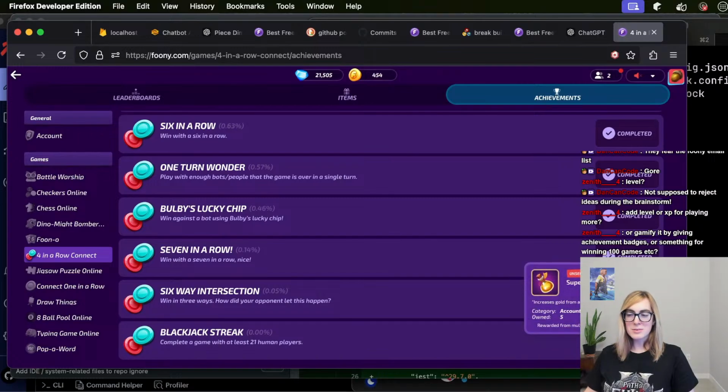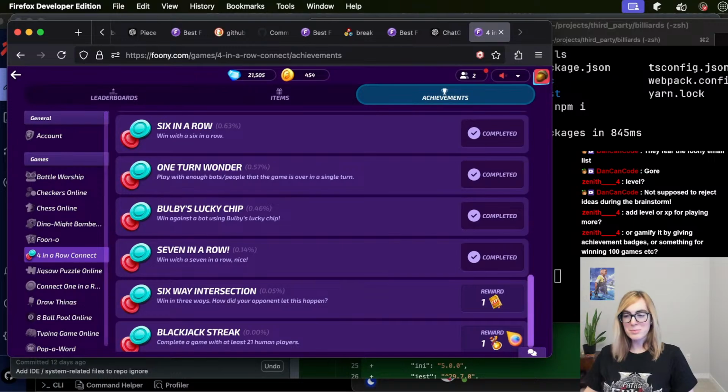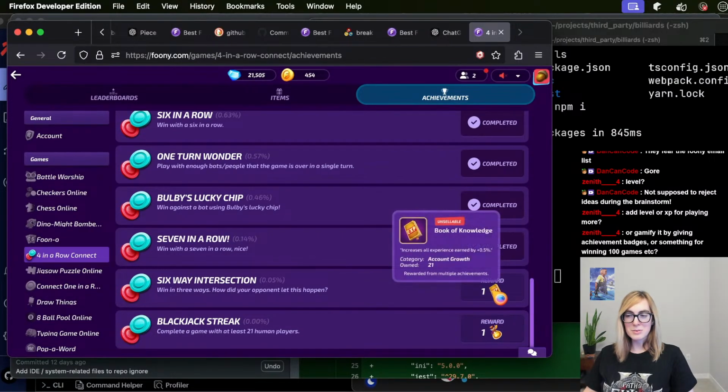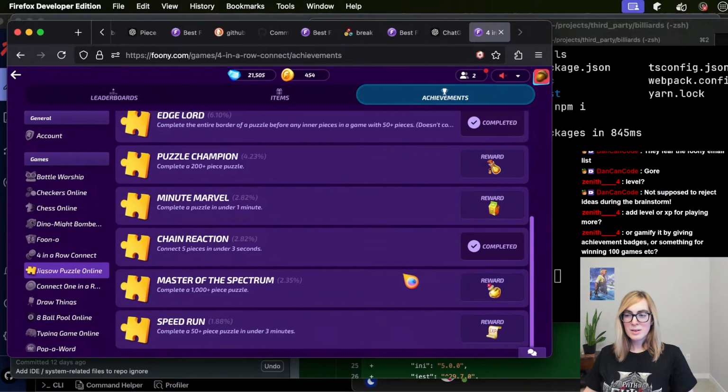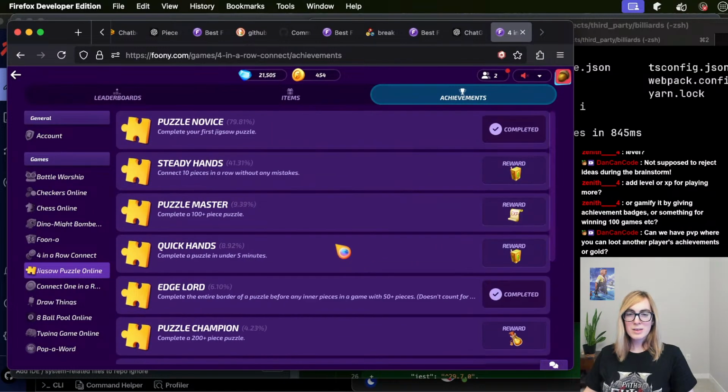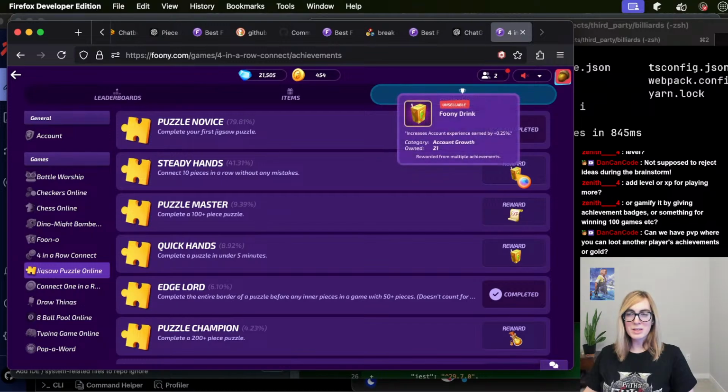You can see here, this one gives you extra gold. I guess you can't really see that. My thing's in the way. See there? Boom. Extra gold. And this one gives you extra XP. So typically the progression system for Foony is go do all the easy achievements,